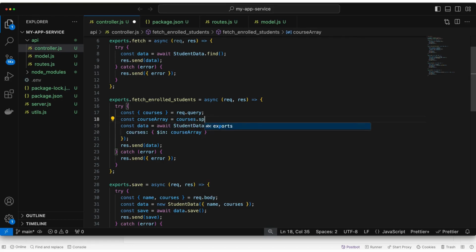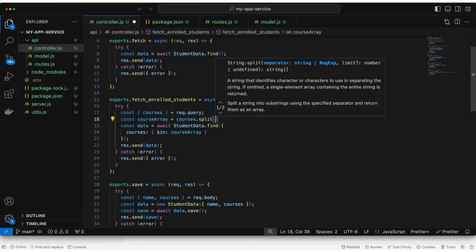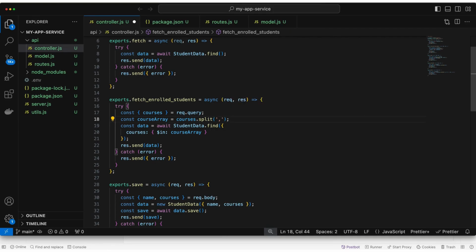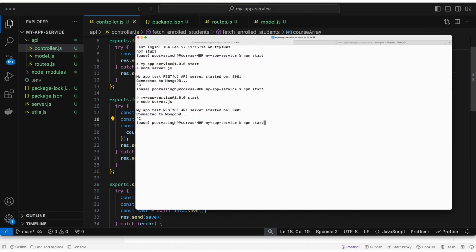courses dot split, and I'm simply using this function assuming that the courses is a comma separated list of courses that I'm going to input in my API service. You might have a different use case. At the end, what we expect is an array that will input to this query. Save it, restart the service,